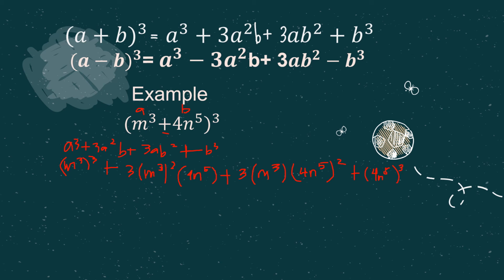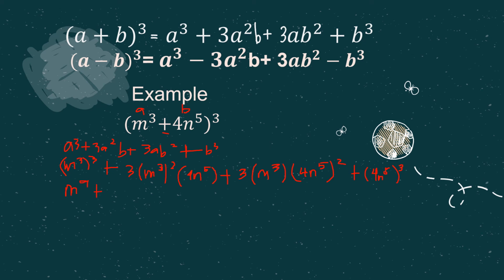So we now have this, and what you're going to do is simplify. How do we simplify it? If you remember the power rule, that means we are going to multiply the two exponents. So this will become m to the ninth power